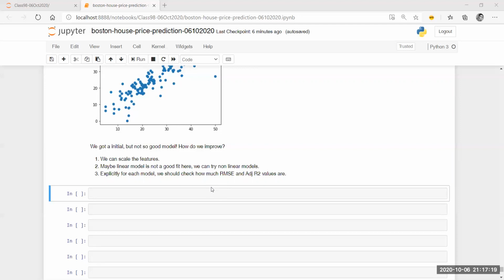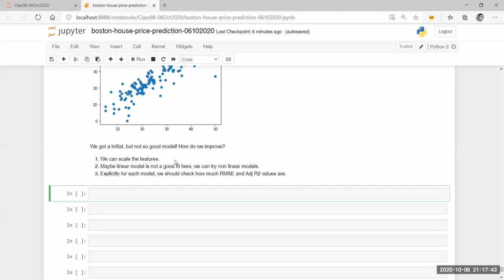So there are two parts of the question. Let me take it in two different ways. Part one of the question is, what do I do if I have outliers? Now you have a very simple method of doing the scaling of the data. We have not done any scaling in our case. We will do. So that is also a plan of action. We will scale our data and retrain the model, right? As you see, we have already written it there. We will be scaling the data. We can scale the features and then we can see.